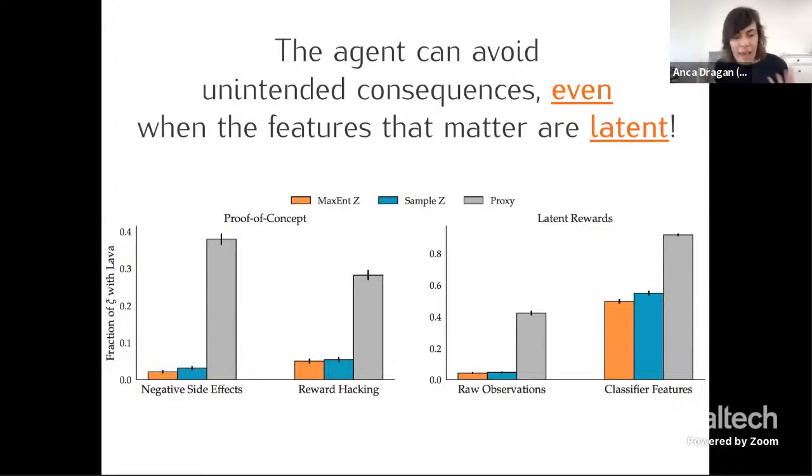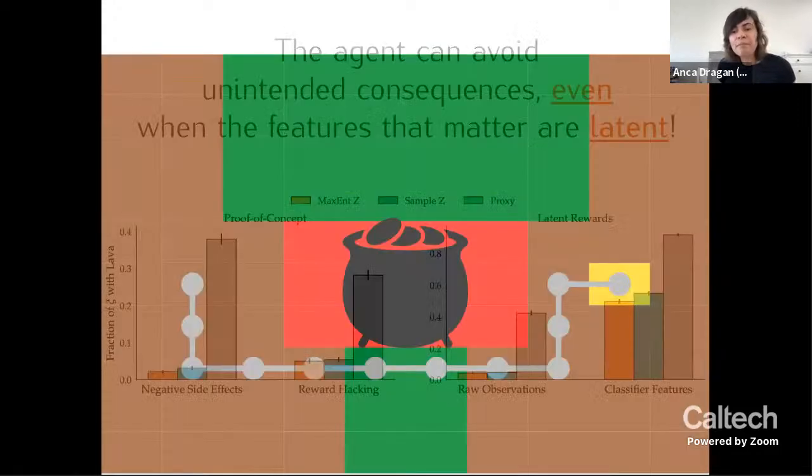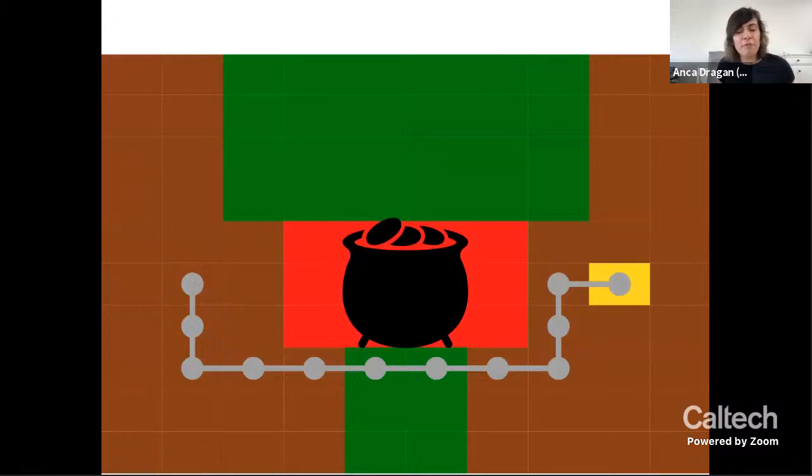Without knowing what lava is, it just has access to the raw feature space, and implicitly in its hypothesis space of thetas, there's something that picks up on lava-like things, and then it knows that it doesn't know whether those things are good or bad. That's what's happening. So I think that's pretty promising. Of course, instead of lava, if we had gold, and gold is a good thing, right? The robot would avoid the pot of gold because it doesn't know based on the development environments whether gold is good or bad. So it's not that it knows that lava is bad. But again, I think the key here is that it knows that it doesn't know.